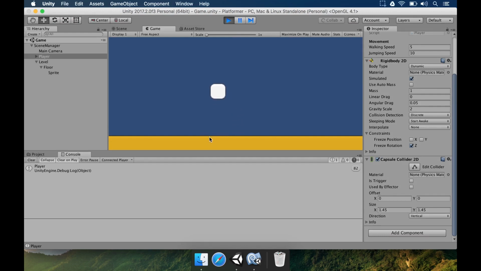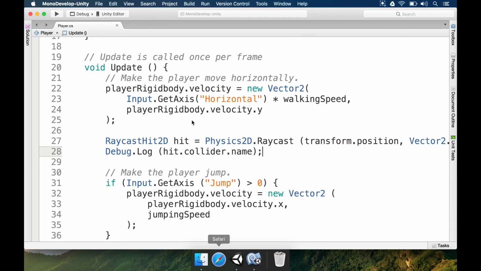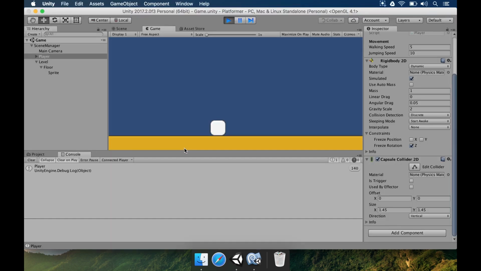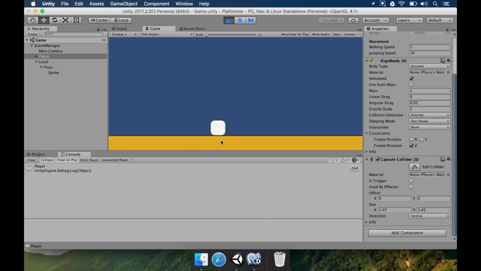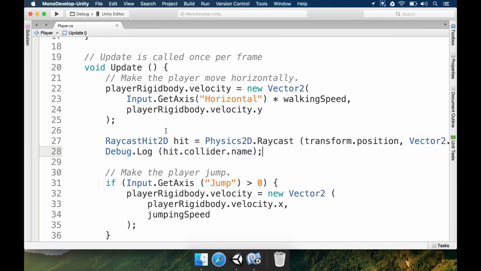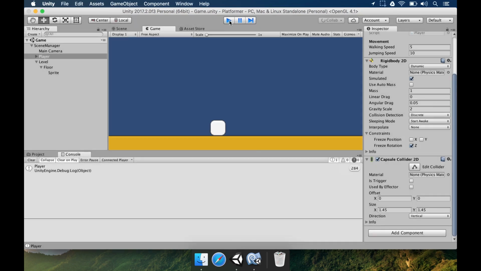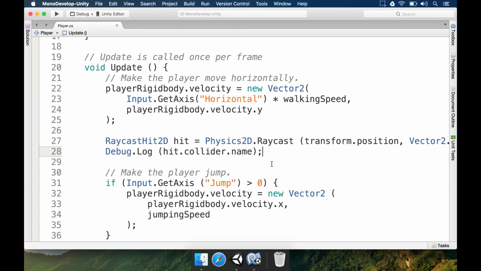Our collider is hitting our player, but we don't want the player to be a result of this collider here, okay? Because if the player collides with itself, it shouldn't be allowed to jump. We actually need to unconsider the player here and just consider the floor, okay? So to do this, we need to change this a little bit. Okay, I'm going to stop this scene, and in the next video we're going to learn how to perform this